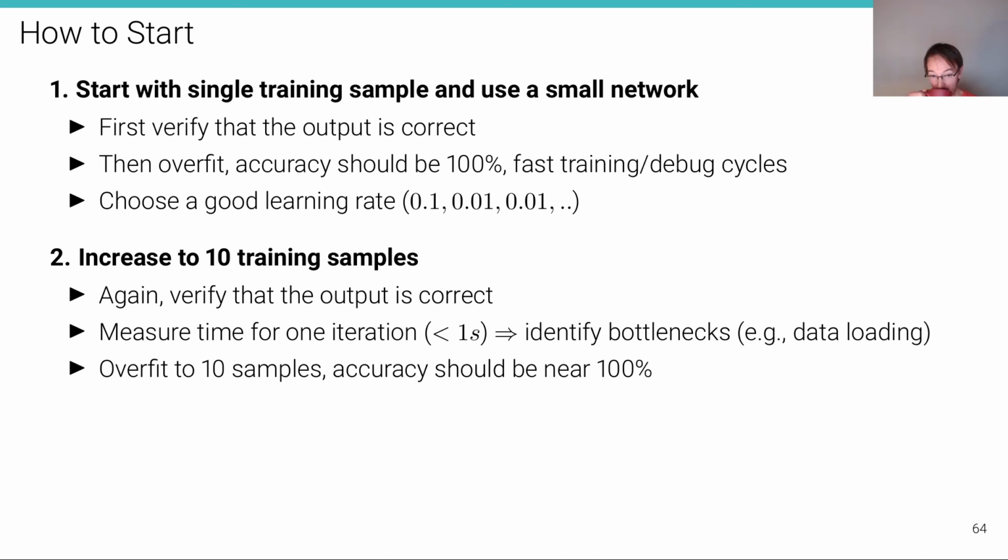Now, once this works, you can start increasing your data set. Increase it to not the full data set, but 10 training samples, and verify again that the output is correct. Overfitting to 10 samples should still yield an accuracy that's close to 100%, because this is a very small data set. And what you can also do is measure the time for a single iteration and identify the